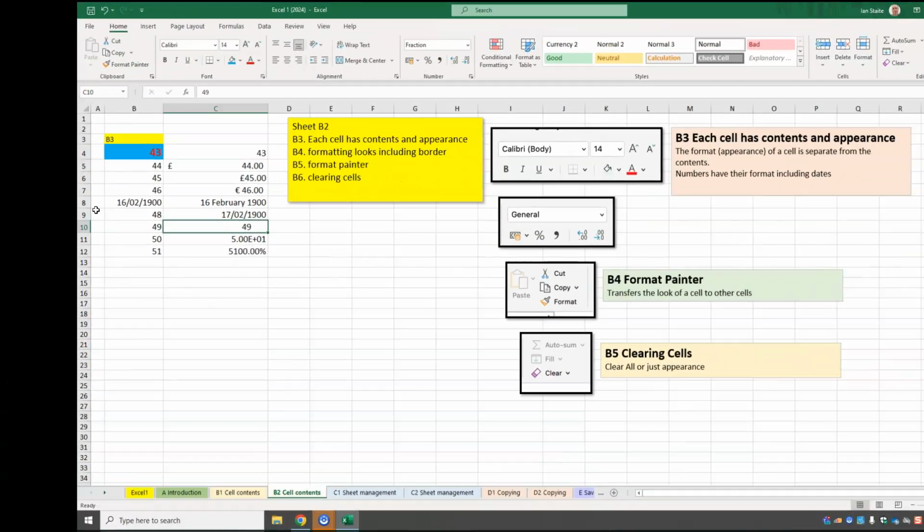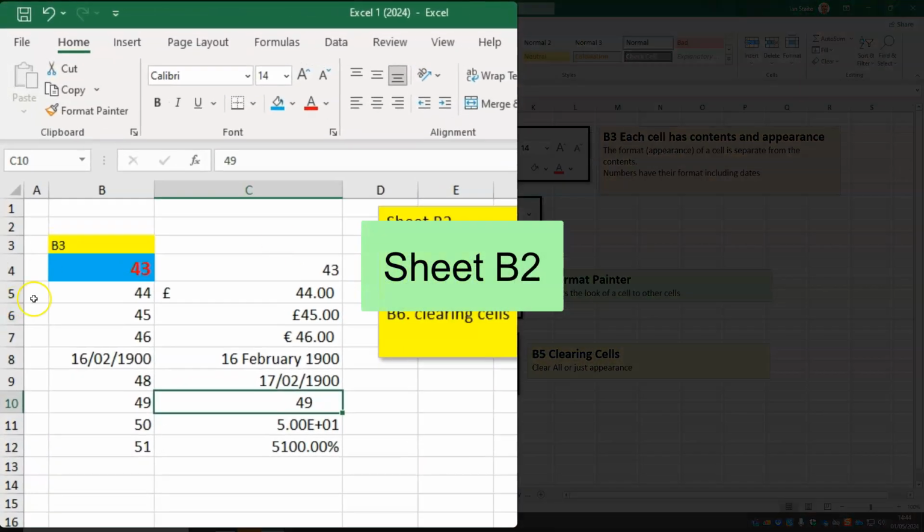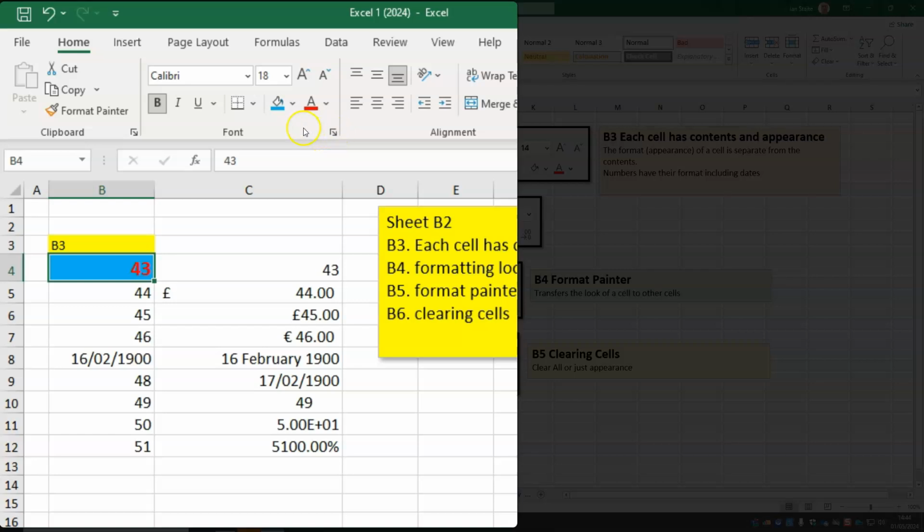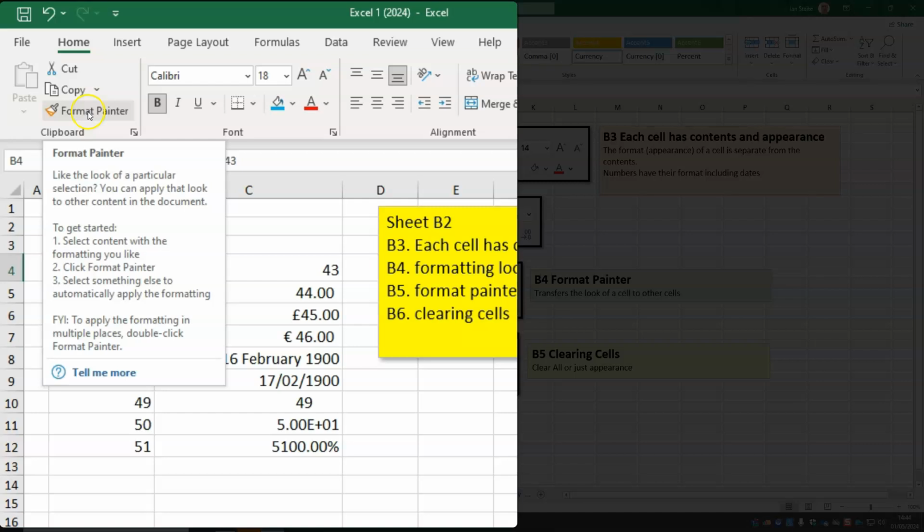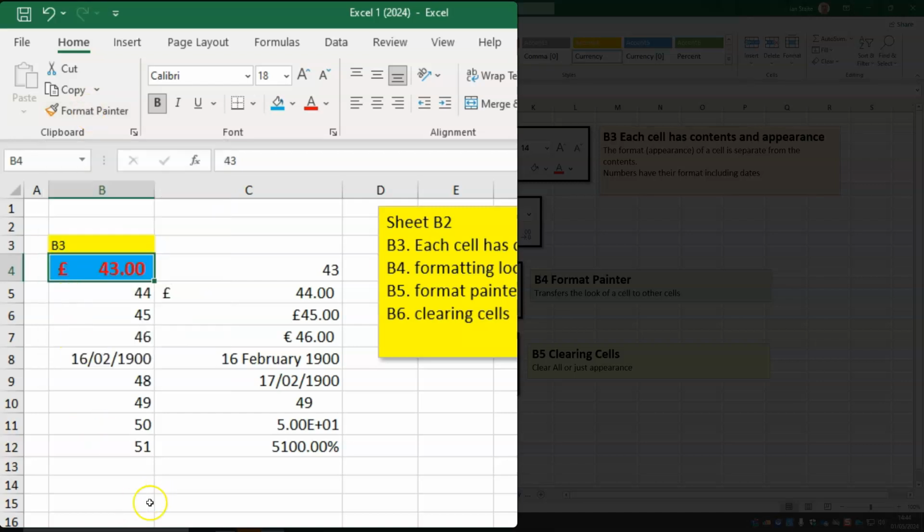When you've got cells set up the way you want to see them, maybe I've got this lovely bright red 43 with a blue background, and maybe I'm going to add a pound sign onto that to display it as currency. If I want to transfer the look of that to some other cells, I could do the same again. Much quicker though is to use the format painter up in the top left hand corner on the home menu here. If I click on a source cell,